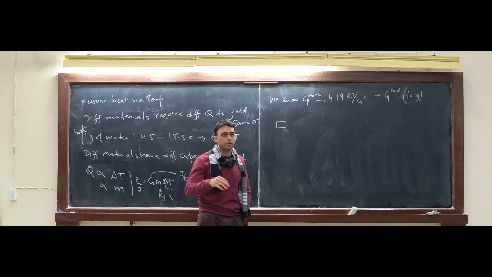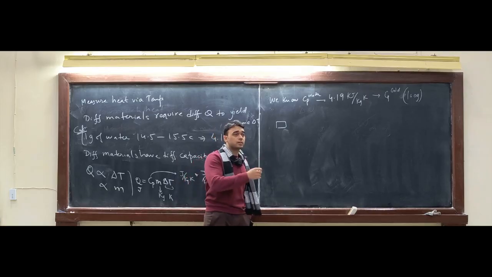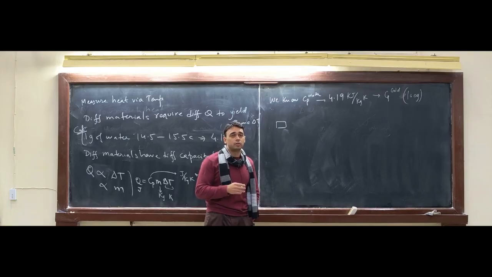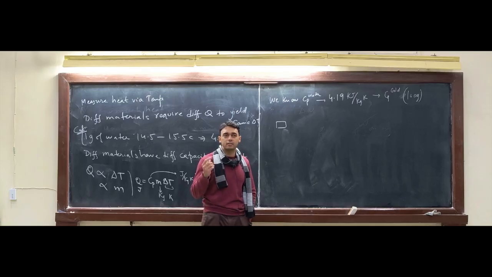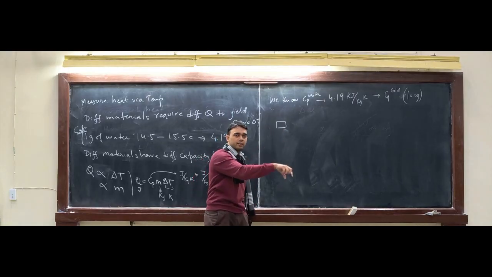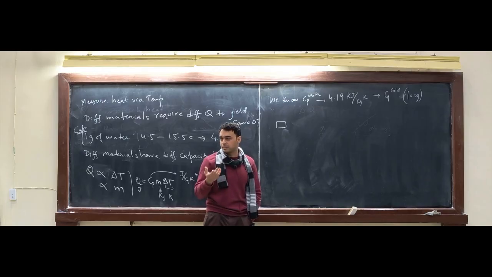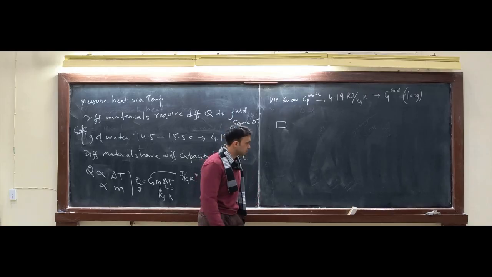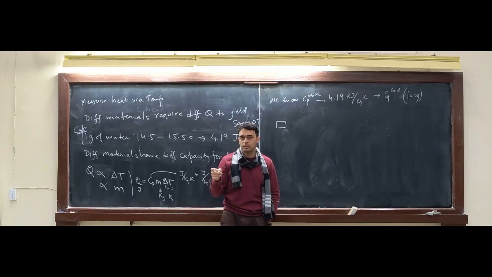In order to measure this gold specifically, we would take some water in a tank which is insulated, and then we will bring this gold there. Maybe we first heat it up, and then we'll measure. We will let the temperature settle to the final temperature, and then we'll calculate the change in temperature for water, which is the heat that then obviously goes to the gold. So we'll do that, and this apparatus is called